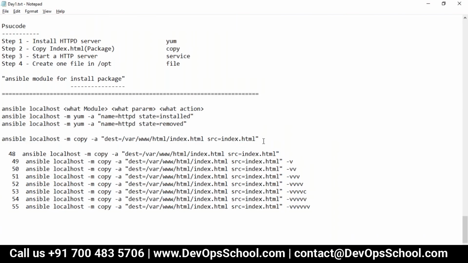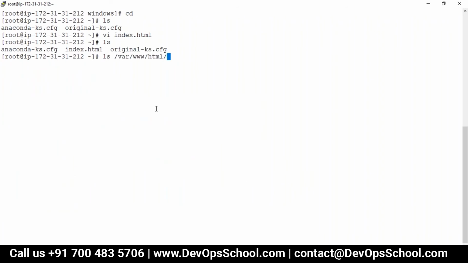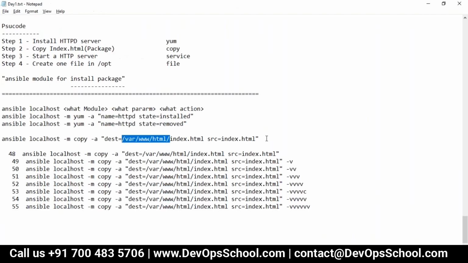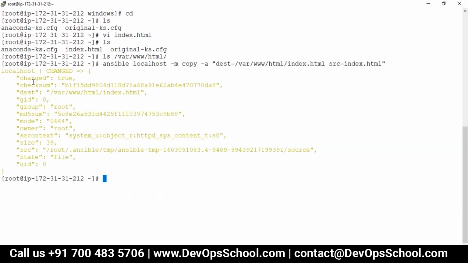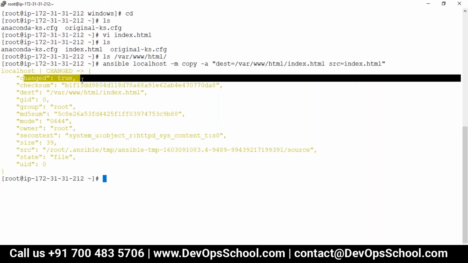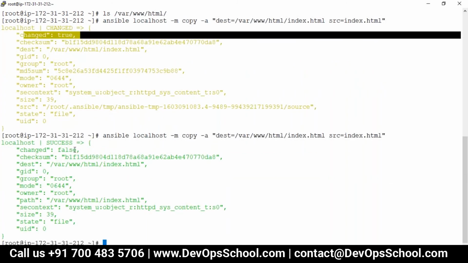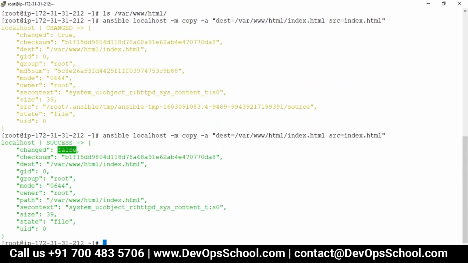Can I run this one more time? First, before that, I will check whether this file is there or not. So guys, ls, not there. See guys, changed true. Can I rerun one more time? Changed false. That means that file is already present. Idempotent.